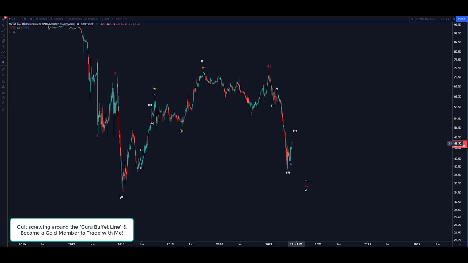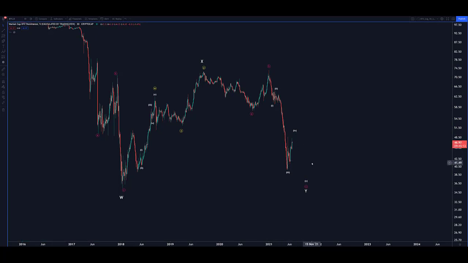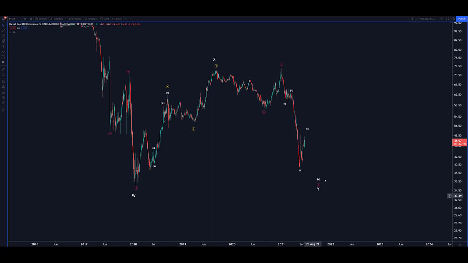Maybe this will get drawn out, A, B, C, D, E, okay, into a triangle. I don't know. But since this was drawn out sideways, okay, wave 2 was drawn out sideways, this will probably be very clean and sharp, looking like an ABC. So 5, 3, 5. Okay, so maybe a little higher height to go. So that's the Bitcoin dominance, suggesting